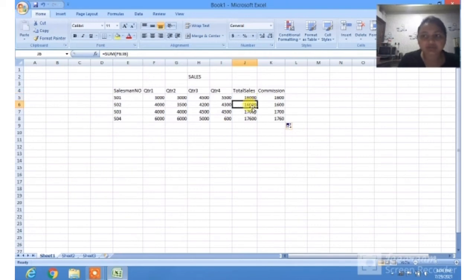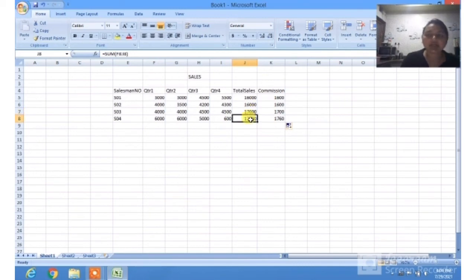Once I copy this formula, you can see this cell's address is now F6 to I6. Automatically the rows changed. Here you can see SUM F7 to I7 in the formula bar, and here F8 to I8.